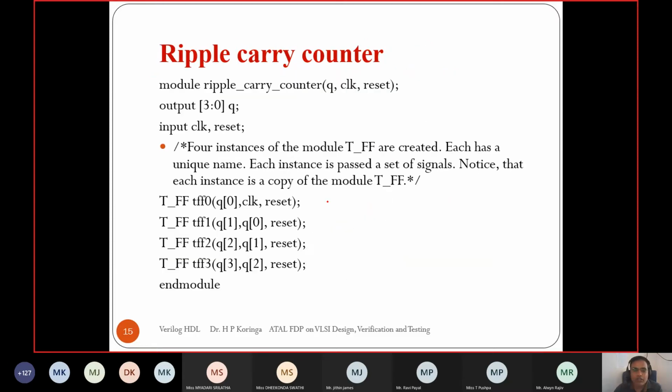So using Verilog, how can the program be written? Suppose we assume a T flip-flop block is ready. If we have the T flip-flop instance ready, we can instantiate that block in a higher module, the top module.